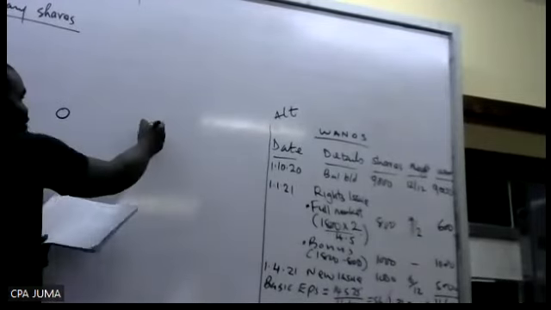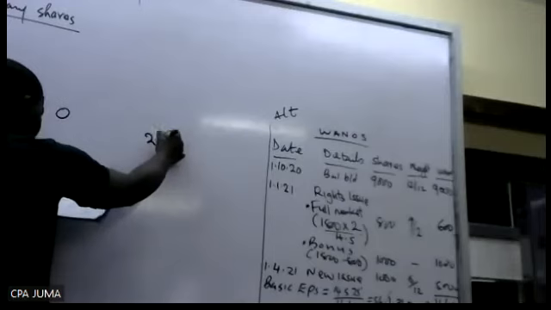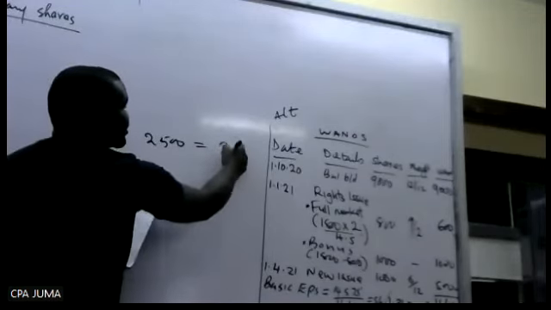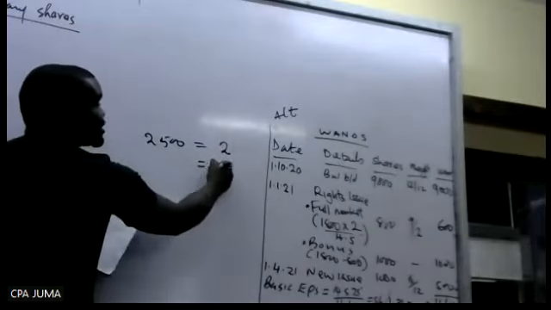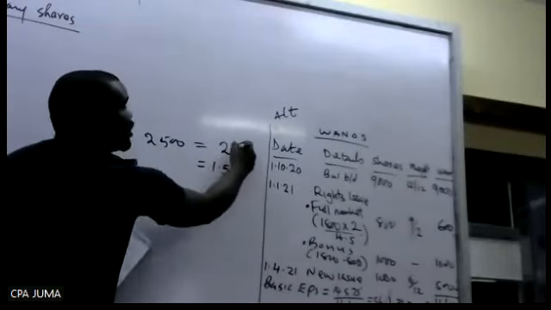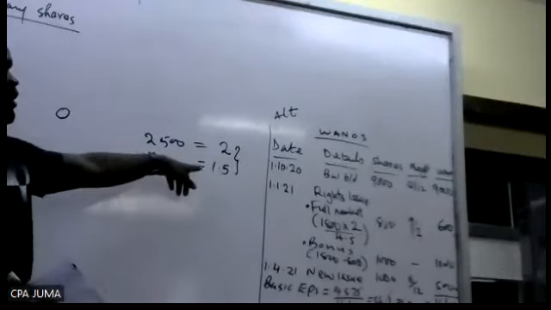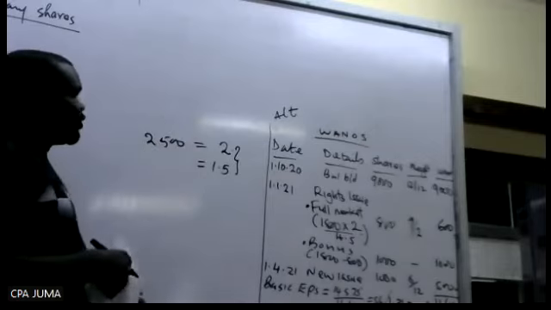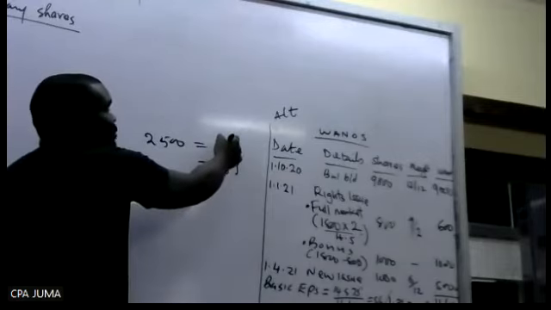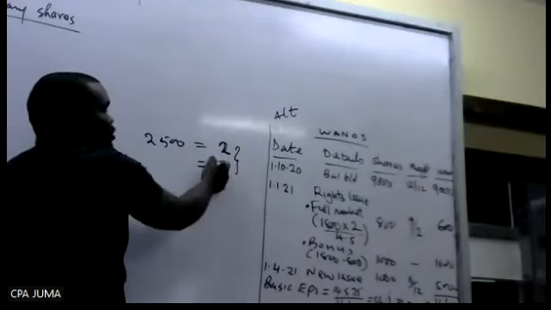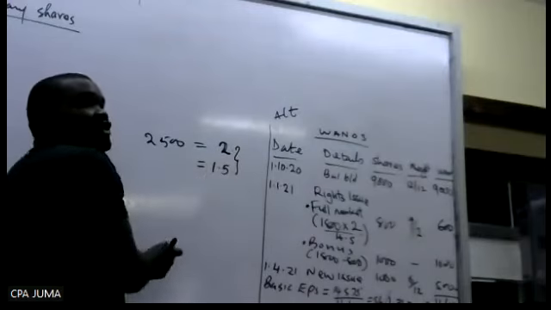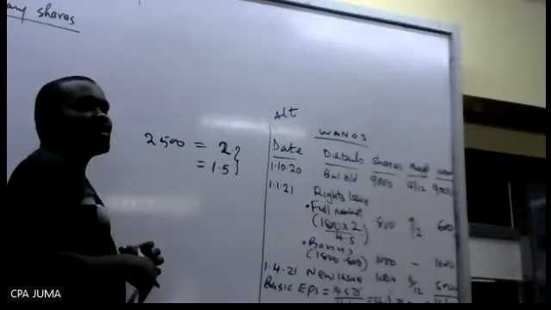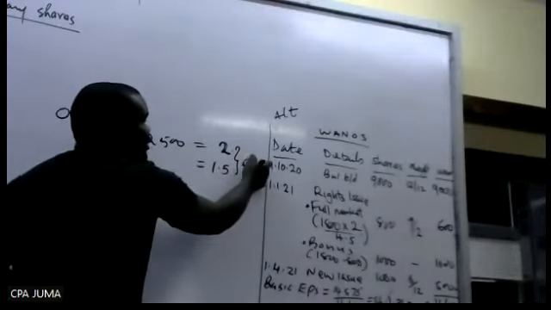This 2.5, we were working in thousands. The market value is shillings how much? 2. But they were told to exercise at what price? 1.5. So the incremental is this bonus element. The bonus. That is the incremental. So the market price is 2. They were told to exercise at 1.5. So it is incremental in the sense that they are being given at a lower price to entice them to take up. So the incremental is 0.5.